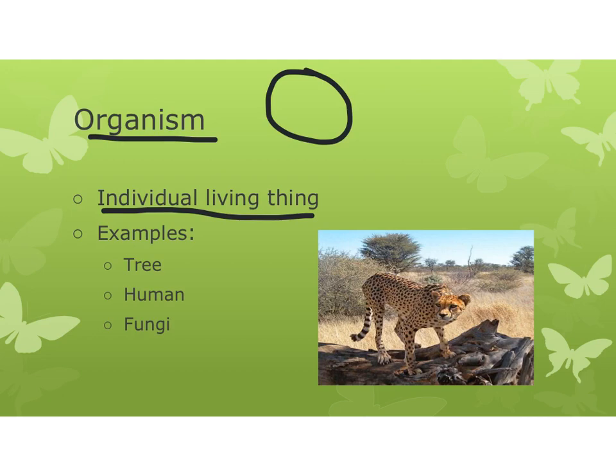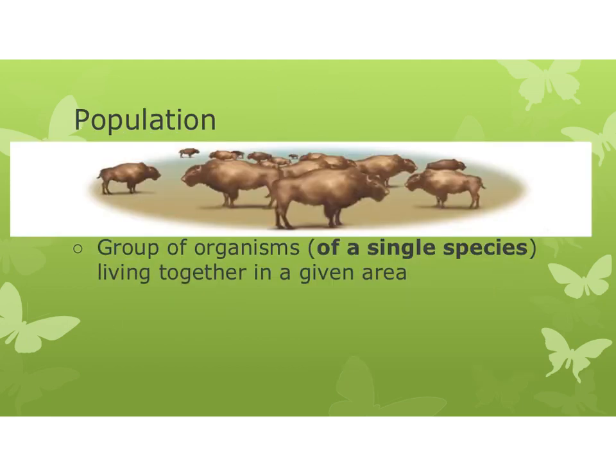So we know what living things are: things like humans, things like cheetahs, things like trees, fungi, bacterial cells, mushrooms. They are all considered to be organisms. So now, every level above this, bigger than this, is going to be an ecological level. So we're talking about multiple organisms living together. The first ecological level would be a population. So if I had a bunch of organisms of the same species all living together in a given area, that